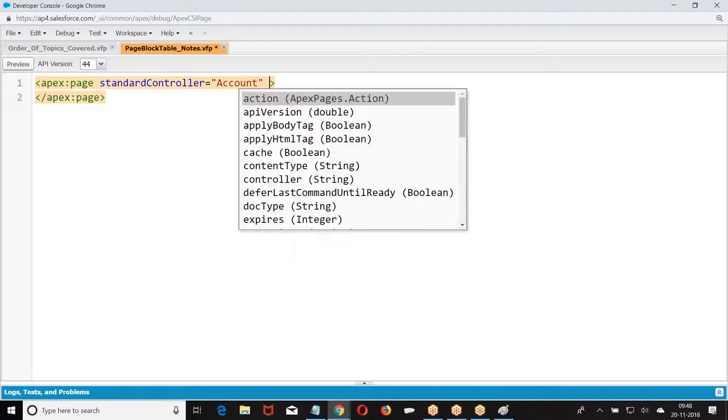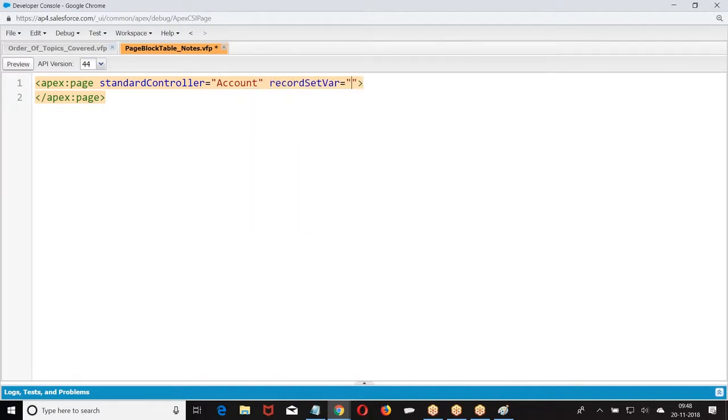In that object, based on the filter we selected, whatever records we are getting are referred with the record set var. In the account object, list view options will be there. Out of those options, you select any one, and whatever records we get are referred with record set var. I hope you are good. Am I clear?